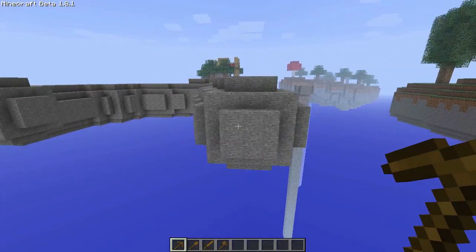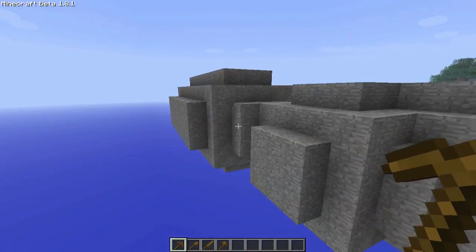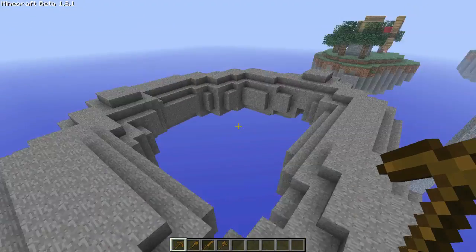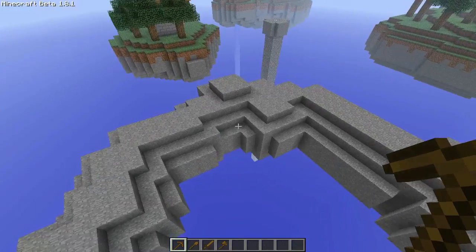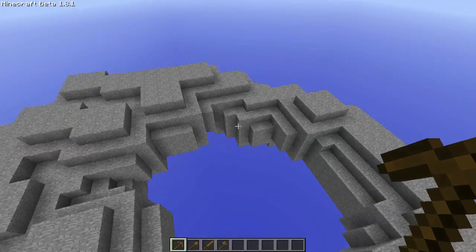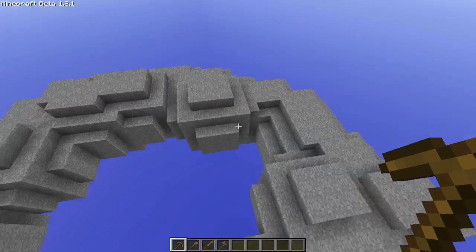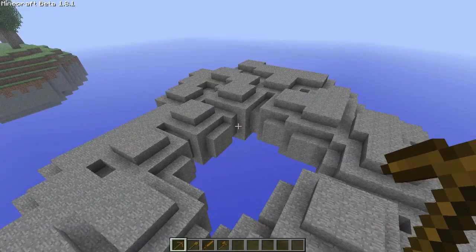My island is going to be semicircular because I am uncreative after making 3 islands. And yeah, it will also encourage you to be creative. So, 2 reasons behind me being uncreative. Anyways, so then you're just going to fill this in. It doesn't matter if it's rough. It really doesn't.